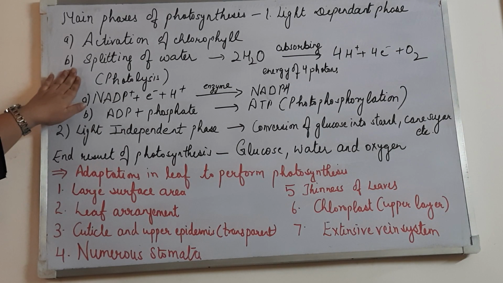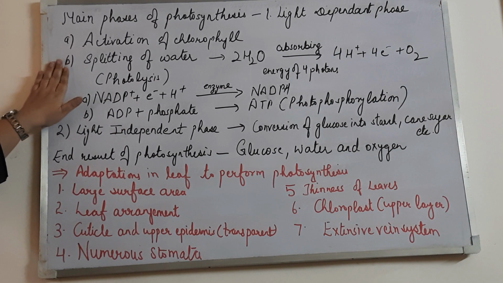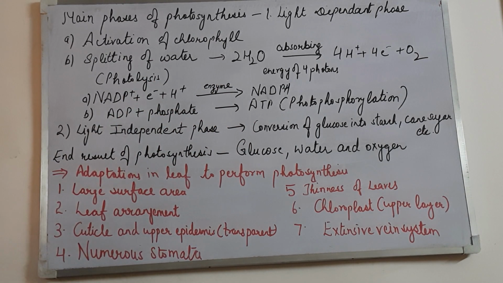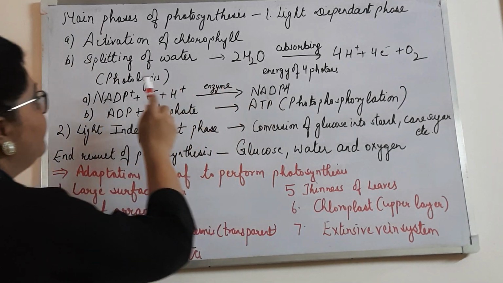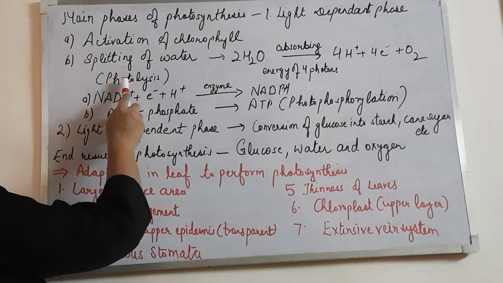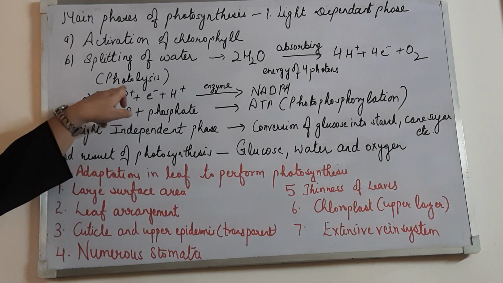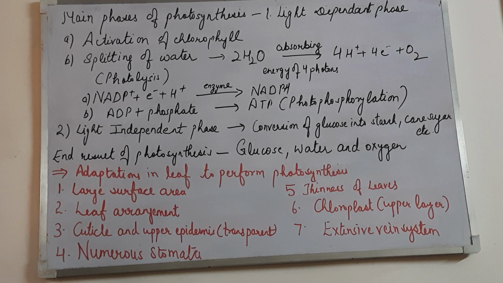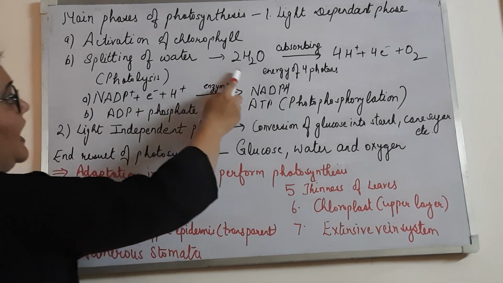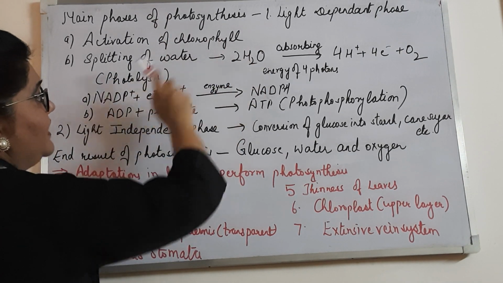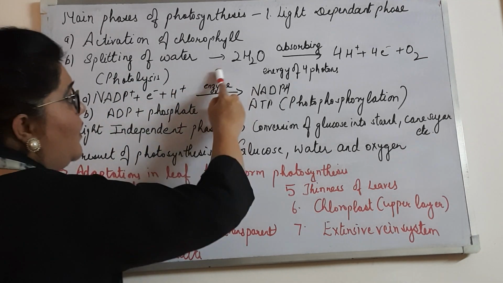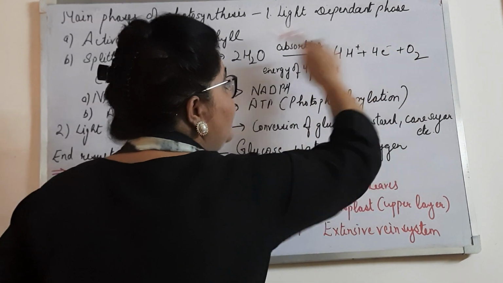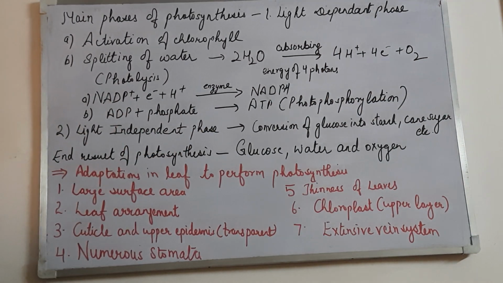Now this process of splitting of water happens under the light energy. It happens after taking up the light energy. So we call this process the photolysis process. Why do we call it photolysis? Because photo means light, in the presence of light. Lysis means breaking down of something. So this breaking up of the water molecule into hydrogen ion plus molecular oxygen is known as photolysis.